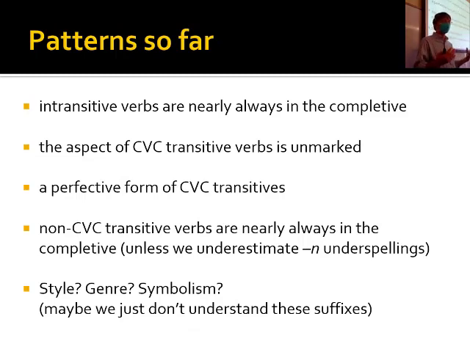So where does it all leave us? It's a kind of tough summary here. Intransitive verbs are nearly always in the completive. That's what we expect. And most transitive verbs are almost always in the completive, but there seems to be no distinction between completive and incompletive with most of the transitive verbs, at least those which are consonant-vowel-consonant. But we do have this perfective form that seems to function like a gerund of sorts. For the derived, non-consonant-vowel-consonant transitive verbs, we do see occasional ends that seem to indicate incompletive aspect. And then we have forms with the perfective, and all of these verbs can take clitics,